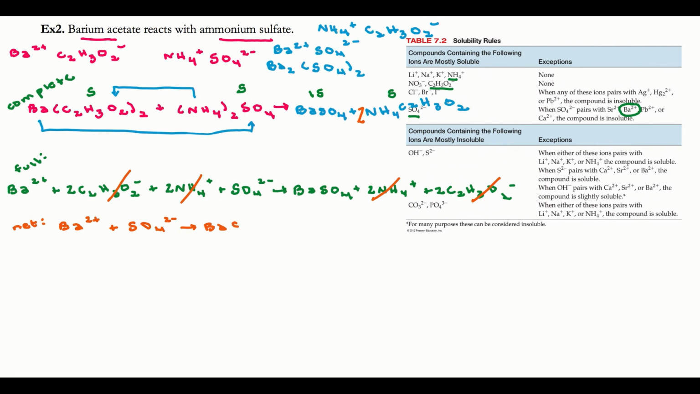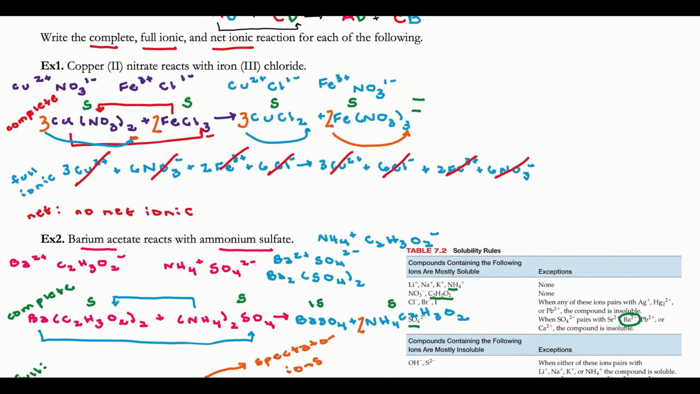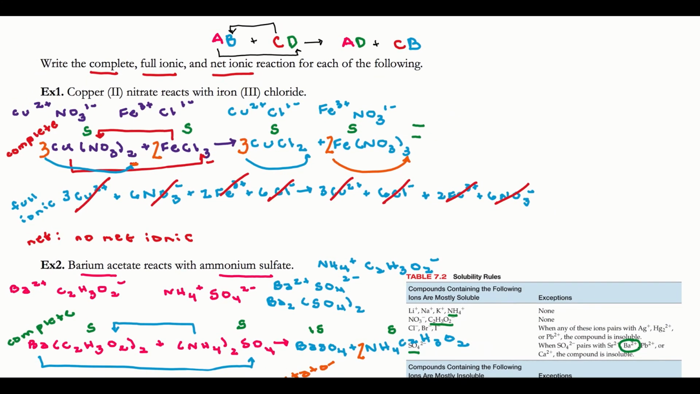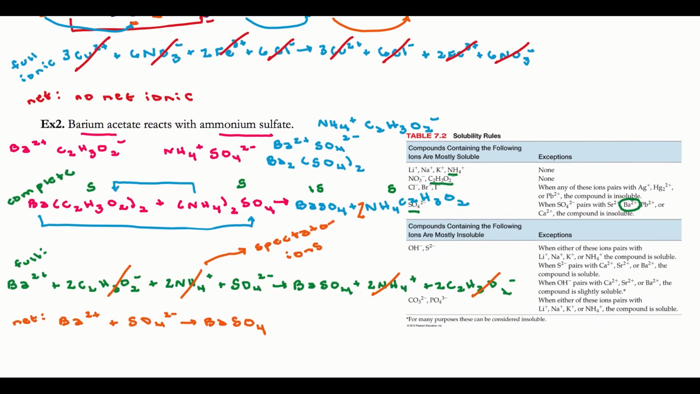Okay. A couple of important things to know. The ions that I cancel out, those are called my spectator ions. Okay. And the reason why I need to write a net ionic equation is to show what reaction actually takes place. Because notice up above, since everything was soluble in that reaction, there's actually no reaction occurring. You wouldn't observe anything occurring. But for the second example, you would actually see this solid, barium sulfate, form when you combine barium acetate and